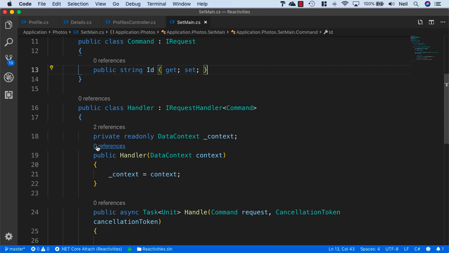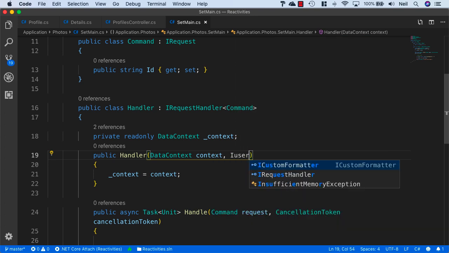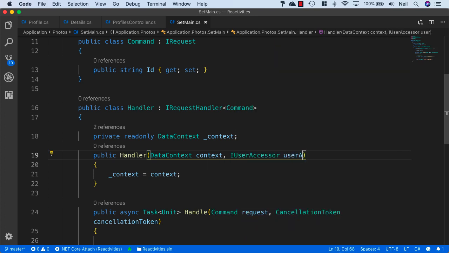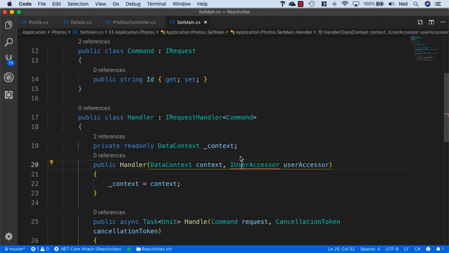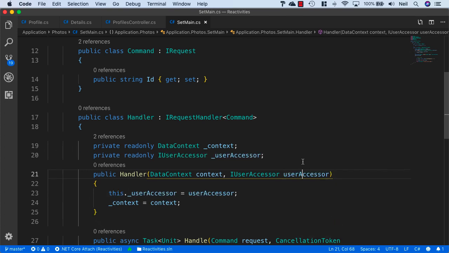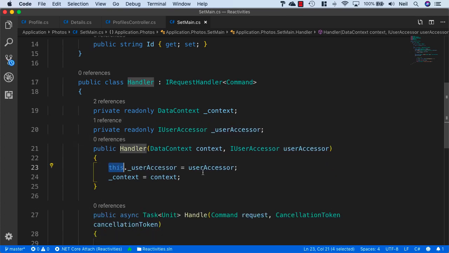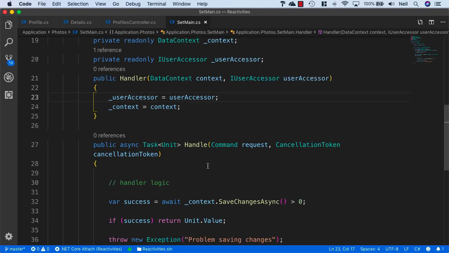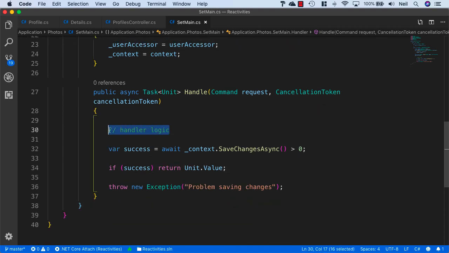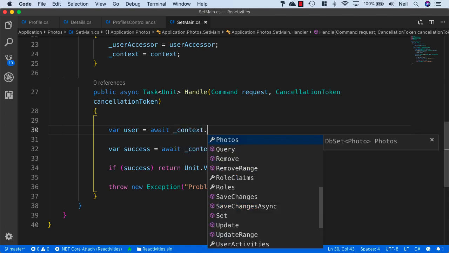And what we also need to bring in here is the IUserAccessor, and call this userAccessor, and also bring in Application.Interfaces and just initialize the field from parameter. And I'll just take out List dots. And inside the logic for this, the first thing we'll need to do is get a reference to the current user. So we'll say var user equals await